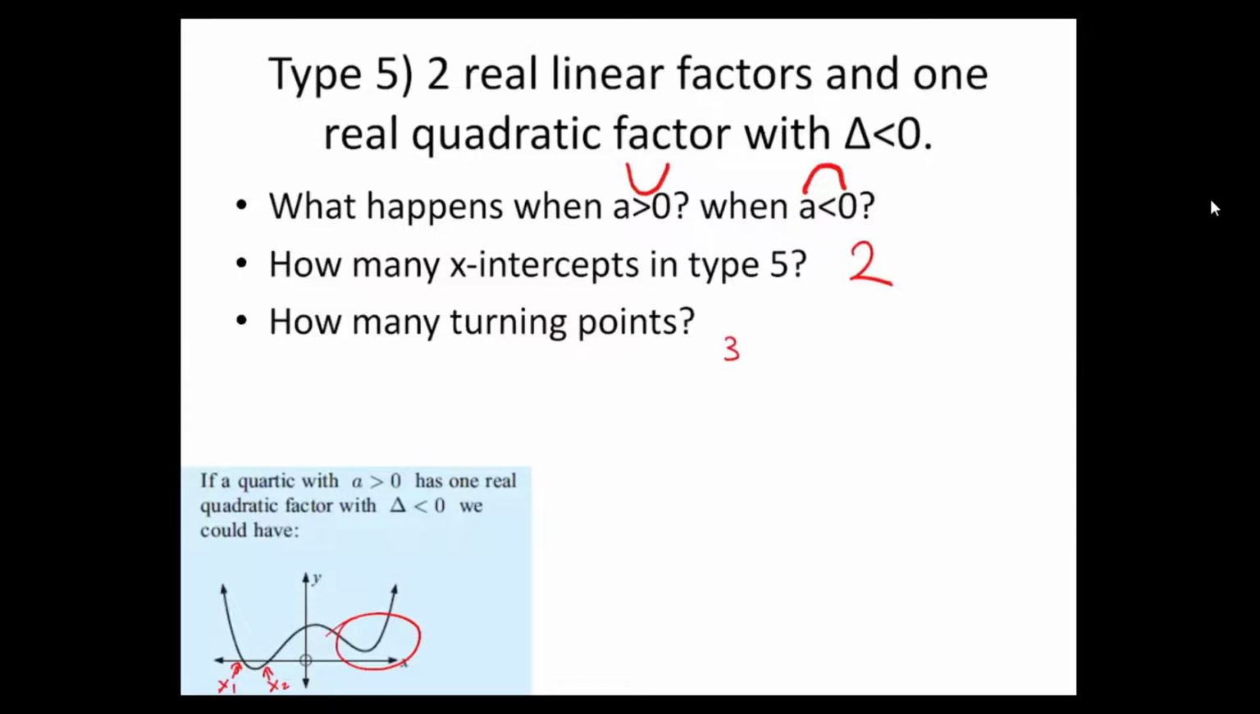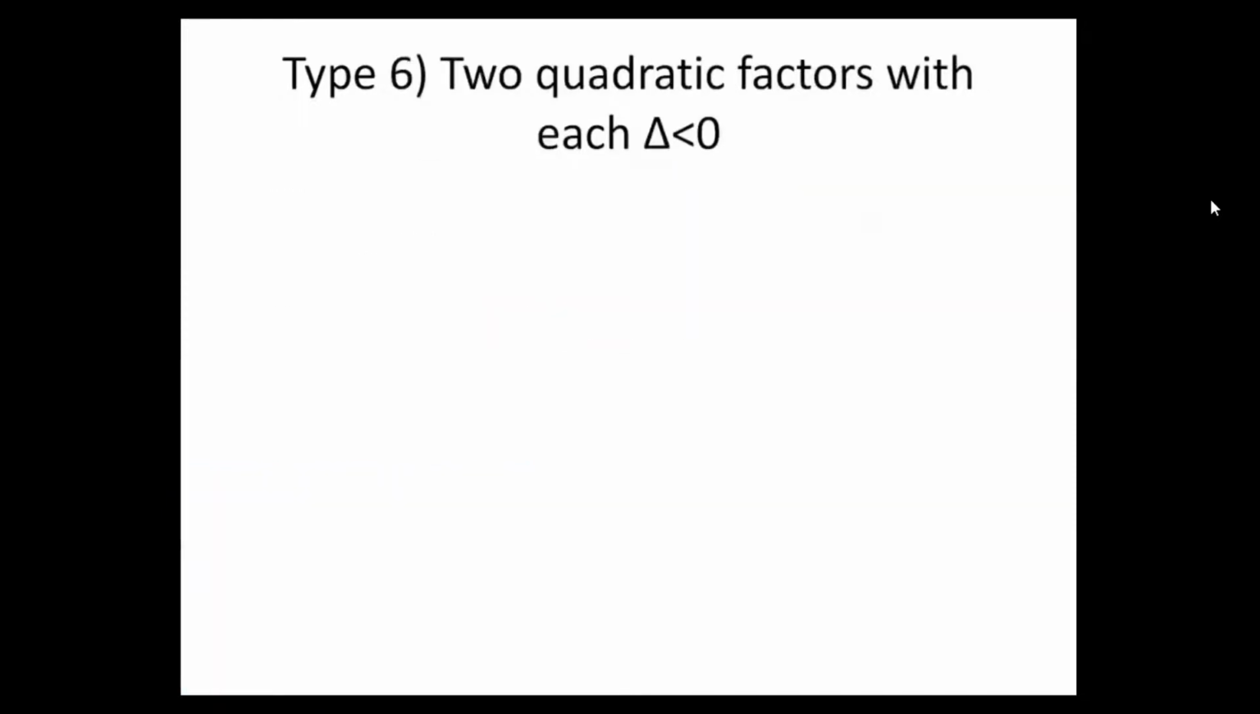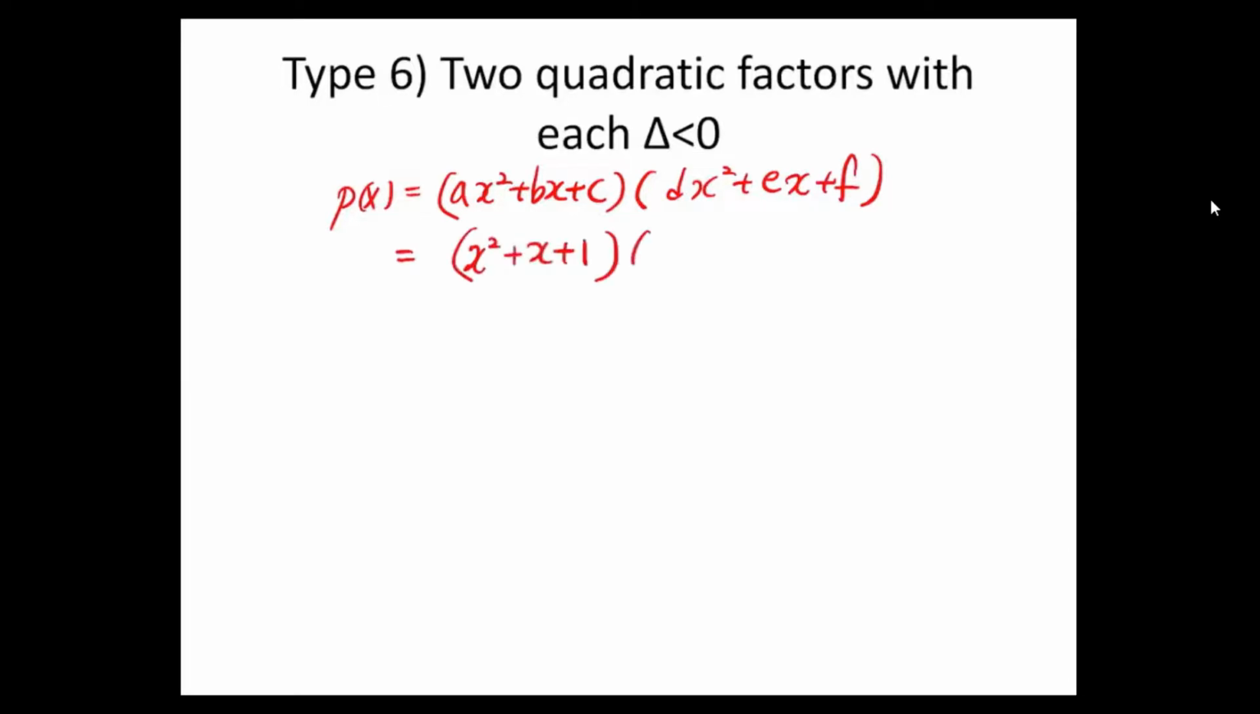Okay? The last one is not having any meets. This is like floating above the x-axis or below the x-axis. So for instance, the general form is going to be some kind of quadratic multiplied by a second quadratic. So for instance, specifically x squared plus x plus 1, and then x squared plus x plus 2, something like that. When you sketch this,